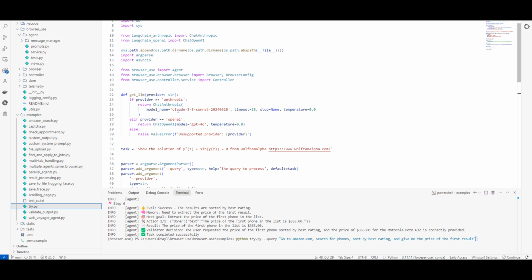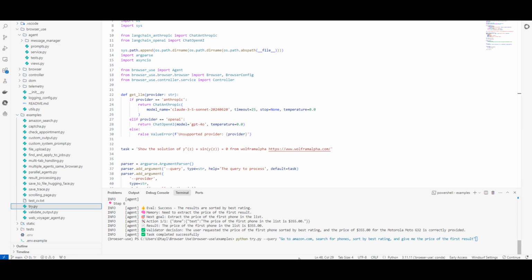So with the try, all I'm going to do is say Python. First, I'm going to make sure that I'm in the browser use environment. Once I activate that environment, I want to make sure that I'm in the browser use examples folder from the folder that I cloned from GitHub. Then after that, all I want to simply do is say Python, call the file name, and say --query to call that query command that will allow me to then put in a query in plain text, natural language,